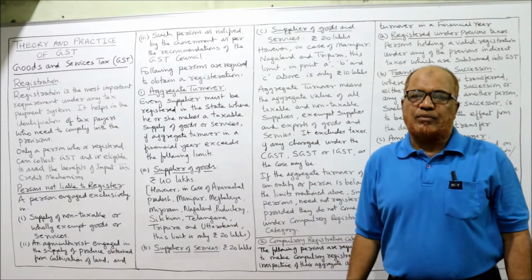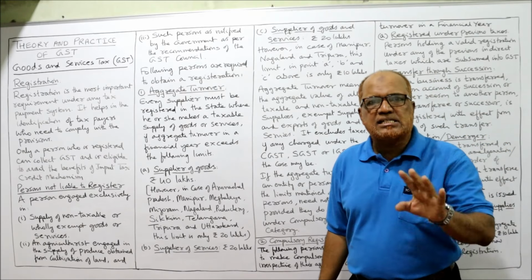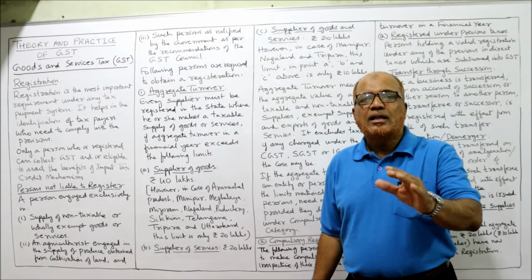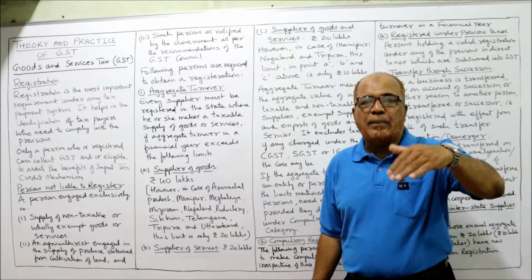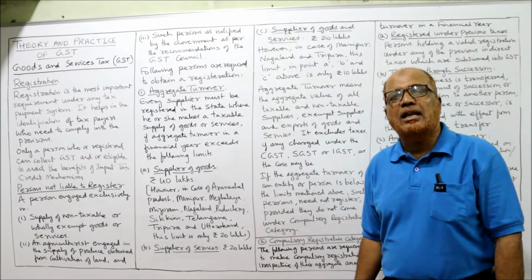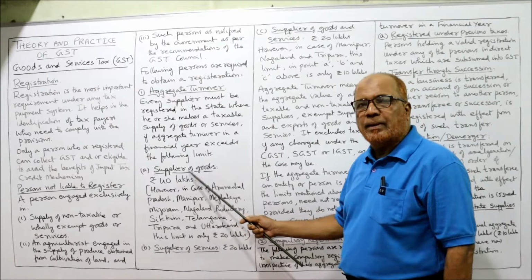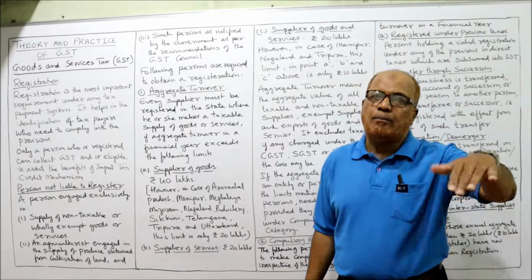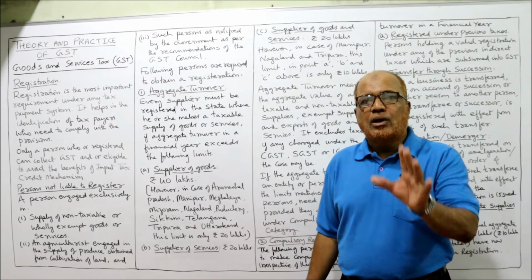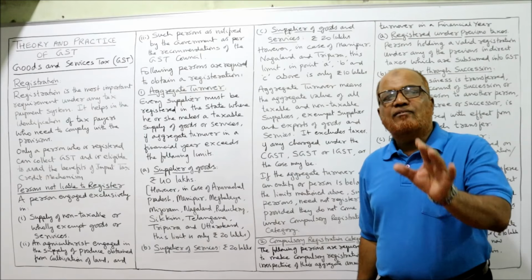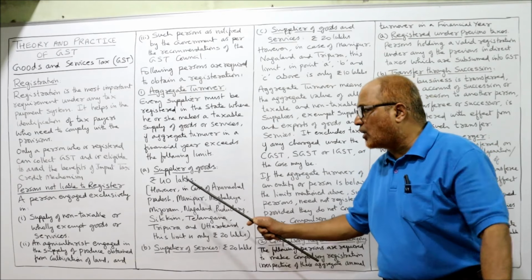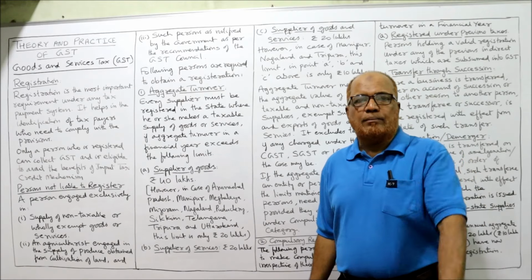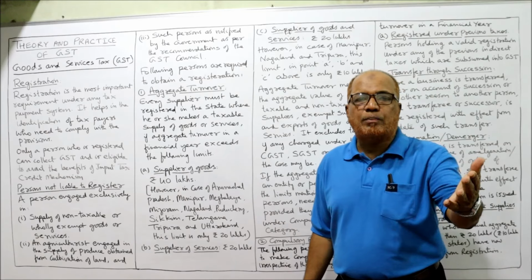So every supplier of goods or services in any state should get their business registered under GST if the aggregate turnover in the particular financial year exceeds the limit. What is that limit? Here, supplier of goods. We have divided supplier of goods, supplier of services, and both supplier of goods and services. So first we'll take supplier of goods. If the aggregate turnover exceeds 40 lakh rupees, remember, if the aggregate turnover exceeds 40 lakh rupees, that business must